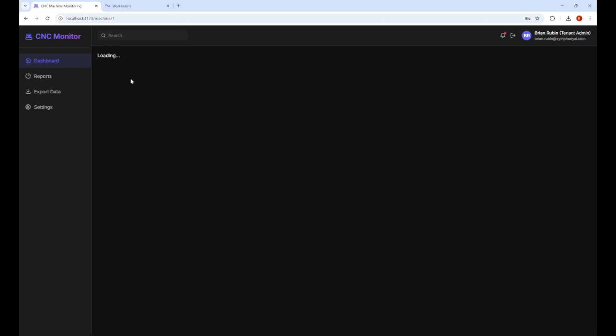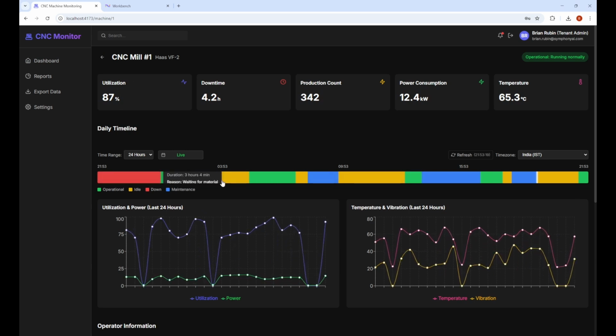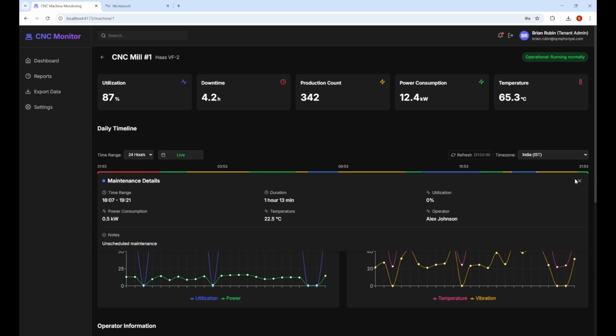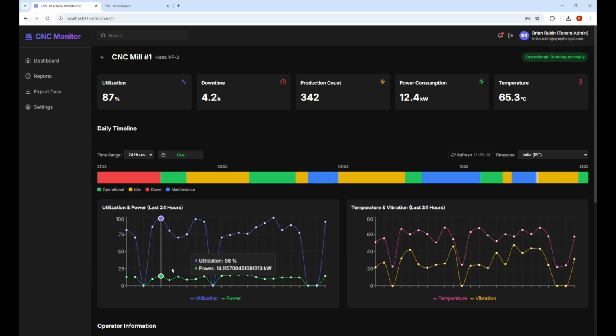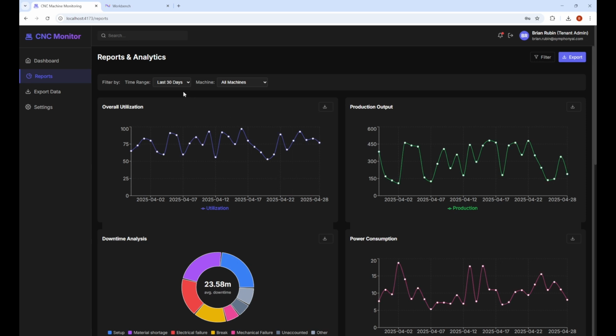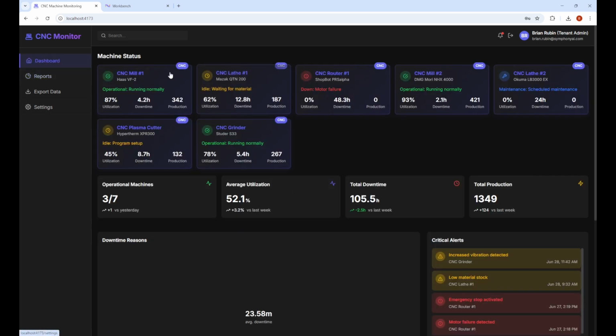And then it can also give you a performance trend. For each CNC machine, you can click on it and see a live view of when it's been operational, when it's been idle, when it's been in maintenance, and when it was down. You can click on it to see the information of each block, and you can see the trend. Again, if you have the data provided, you can see the trend, etc. You have the overall downtime, the production counts. All of this information, if you have it available in Iris, can be pulled in. You can also have a report for a certain amount of time.